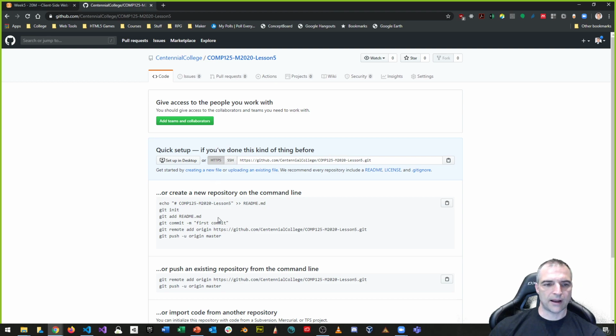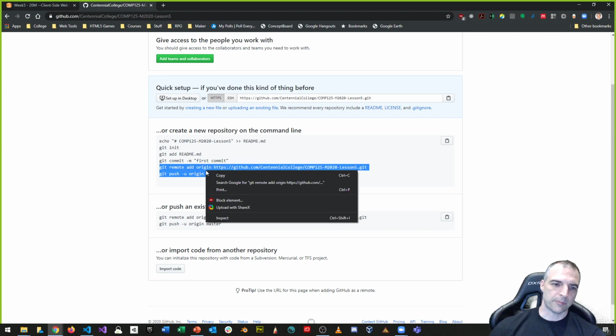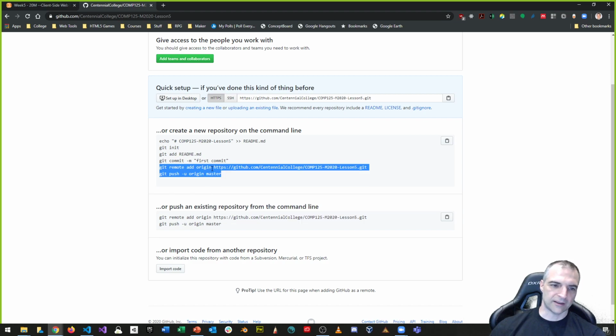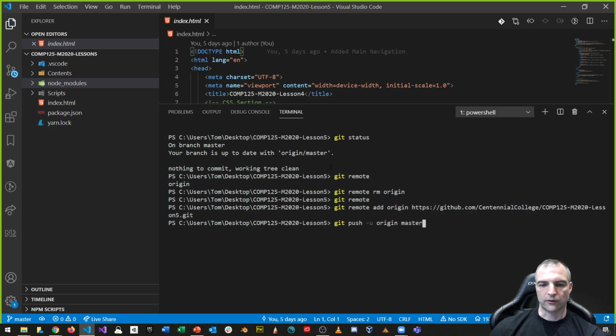And now that I have this, once I create a repository, it gives me some instructions like I talked about before. git init, we've already done this. git add ., we added every file so far. git commit -m, first commit, or initial commit is what I used, right? But now we got these two new lines of code. So what I could do is just right click and copy, and then lazily go over to my terminal and just right click, just by itself. If I right click in Windows, it automatically pastes the first line and pastes the second line, but doesn't enter it yet. All I have to do then is just press enter, and then it does the next line of